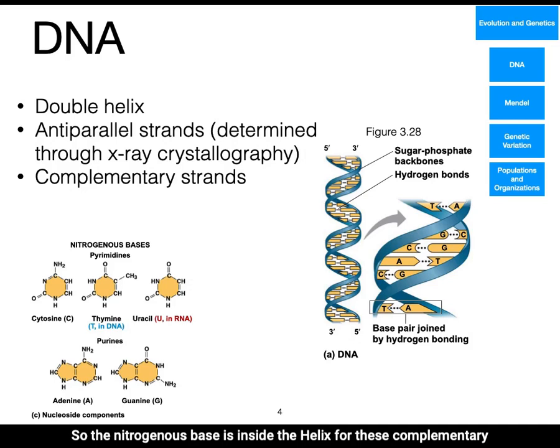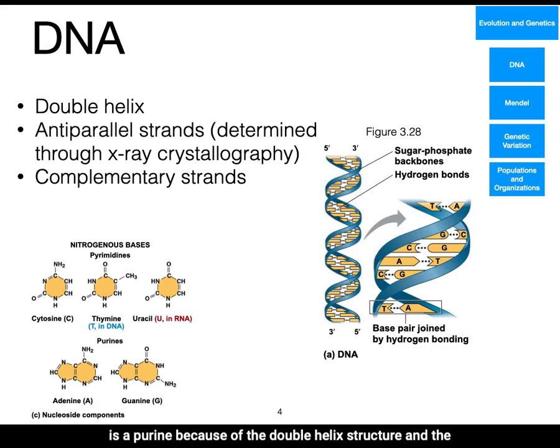For these complementary strands, only certain bases will line up and bond with other bases. These bondings occur based on the base pairing rules. A's always pair with T's, and G's always pair with C's. So adenine, a purine, only hydrogen bonds to thymine, which is a pyrimidine. And the same is true for cytosine, which is a pyrimidine, which will only hydrogen bond to guanine, which is